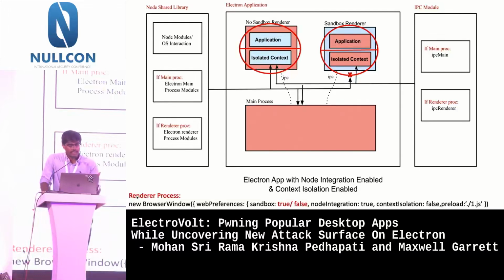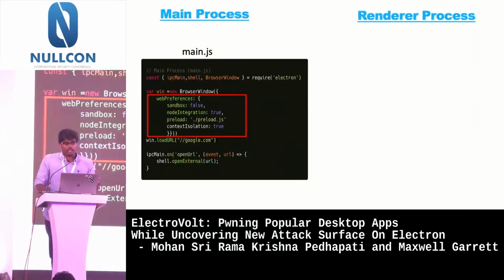So within that isolated context in Electron, the preload scripts will be run. And so if context isolation is enabled in the renderer process, it is not possible to access the node shared library from the application web page JavaScript context. So let's finish our